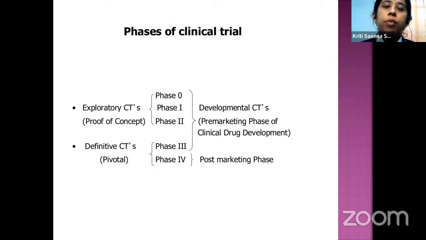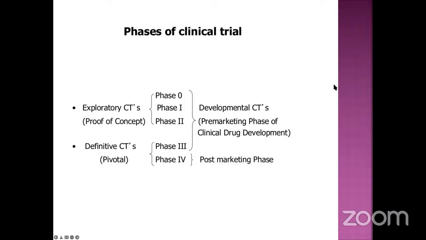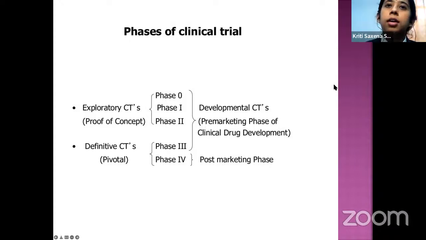Generally, we consider only 4 phases of the clinical trial, but even phase 0 is a very important part of the clinical trials, which is not counted in many processes. The phase 0, 1, and 2 are exploratory kind of trials in which we develop the proof of concept that our drug intervention or molecule, which we are claiming to have some effect, actually works. We develop the proof of concept in these 3 phases. In the later 2 phases, phase 3 and phase 4, these are pivotal. These are very crucial for the information, and they are the determining part of the clinical trials.